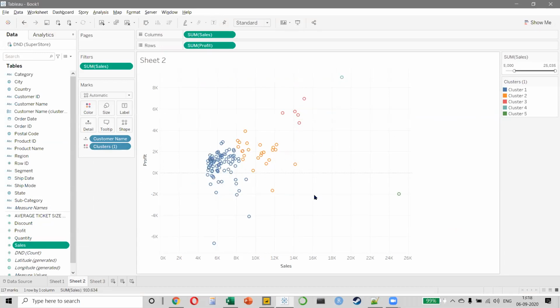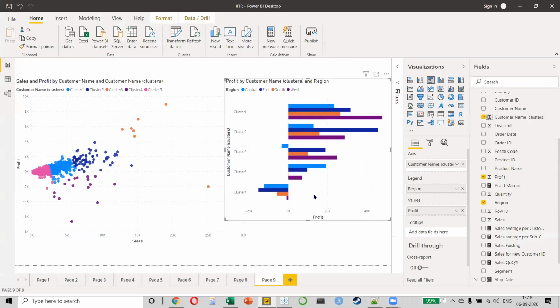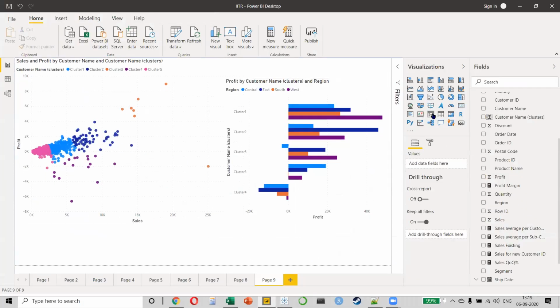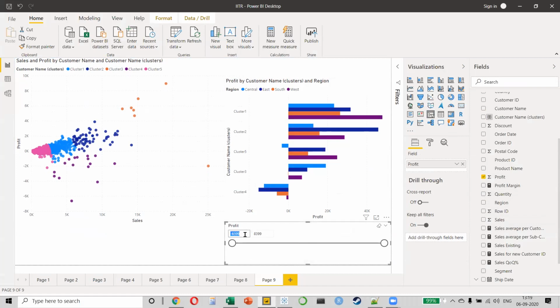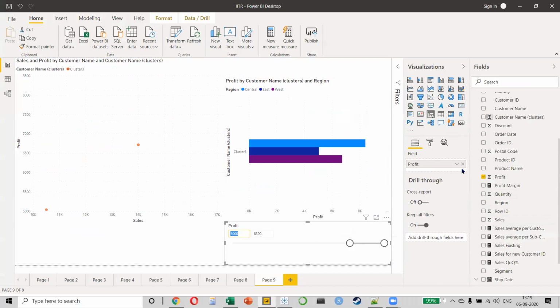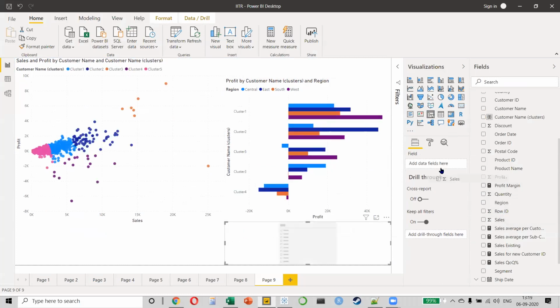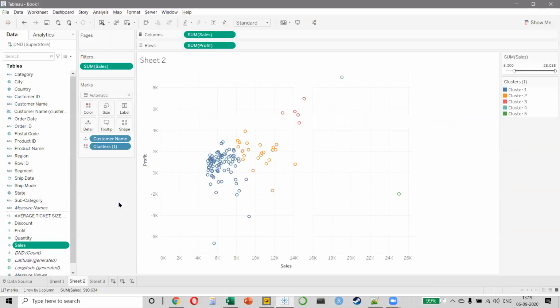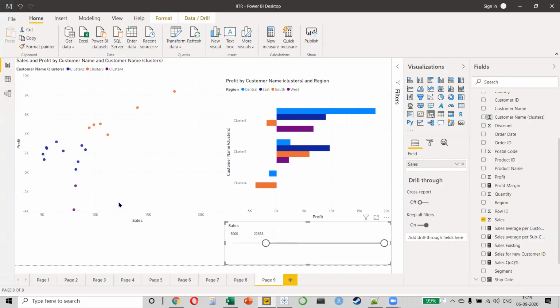If you want to do the same thing in Power BI, no problem. I can make a slicer, this one. In the slicer, I will keep my profit amount and I'll do the same thing. I will say, I only want to see customers whose profit is more than, oh, sorry, not my profit, but my sales amount. My sales amount is more than 5,000 like this. Remember, numbers might look a little different because the exact calculation is also a little different.